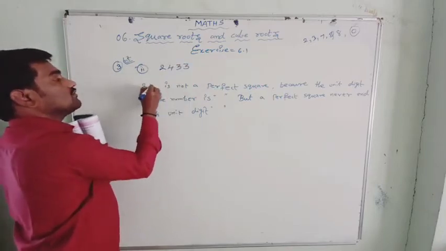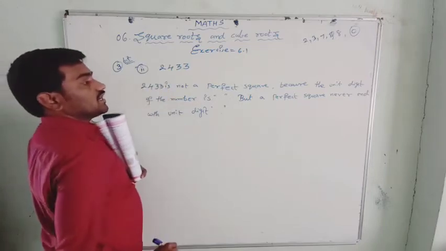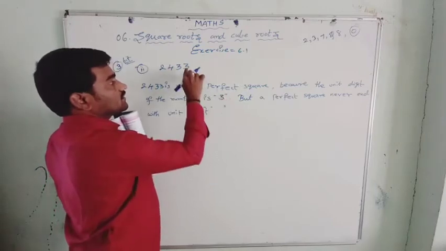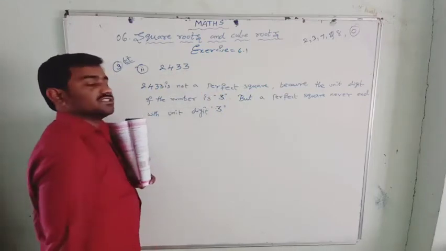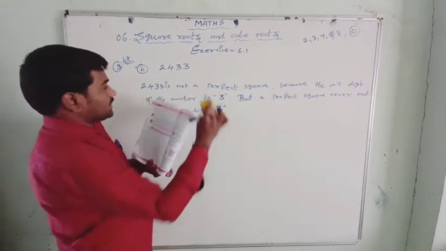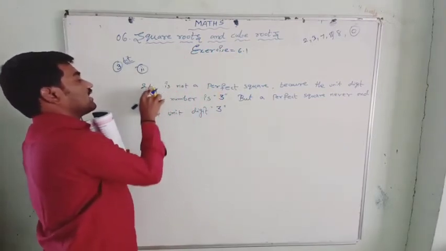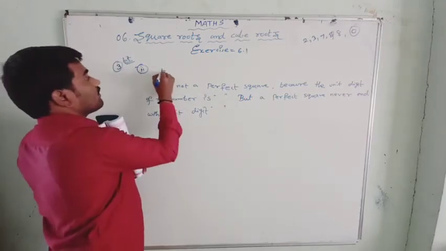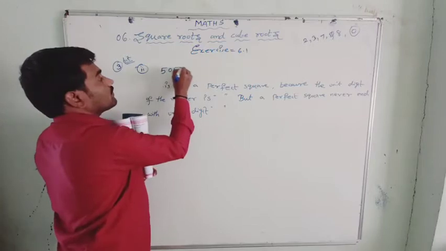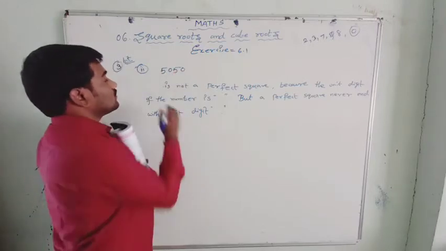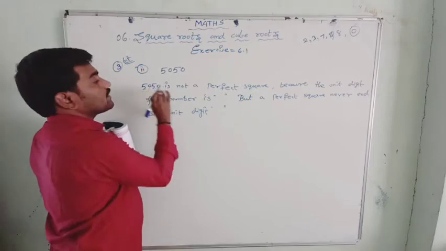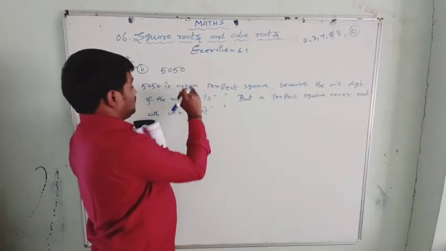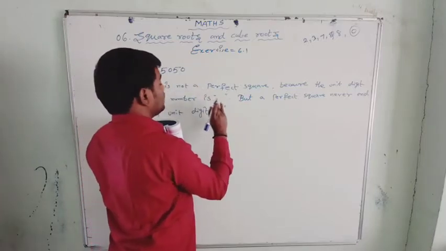And the next one, 2433. Yes, here also the same. 2433 is not a perfect square because the unit digit of this number is 3. A perfect square never ends with the digit 3. And next, 5050. 5050 is not a perfect square because the unit digit of this number ends with only a